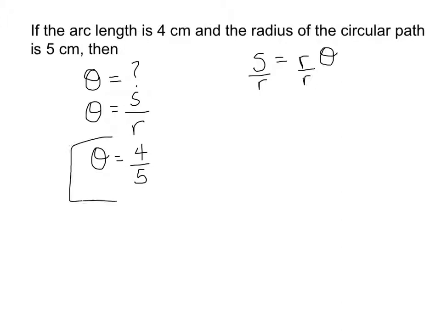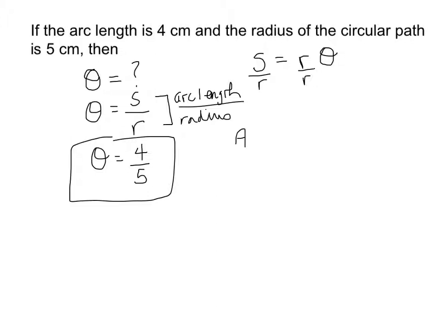Now what does this mean? Because this is a ratio, is it not? Arc length to radius. It's a fraction, right? Arc length to radius. So in terms of the angle, the central angle is equal to the arc length divided by the radius, or the ratio of the arc length to the radius. So to write this out in words, you would say that